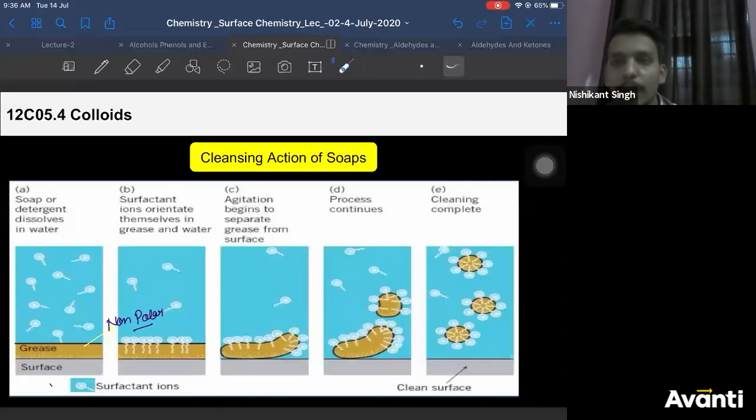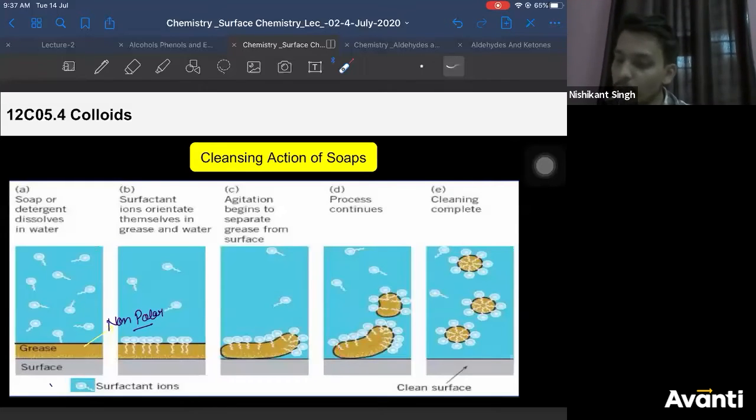Now, one more thing you should observe here. How many molecules are here? 1, 2, 3, 4, 5, 6, 7, 8. How many are here? 1, 2, 3, 4, 5, 6, 7, 8, 9, 10, 11. So as you are increasing the amount of soap, what is happening? The tendency to pull out the grease increases. Why? Because now the hydrophobic or non-polar part is more in the soap, so it will attract grease more. Correct? So now grease will start moving towards the hydrophobic part, because there is a lot of non-polar part now.